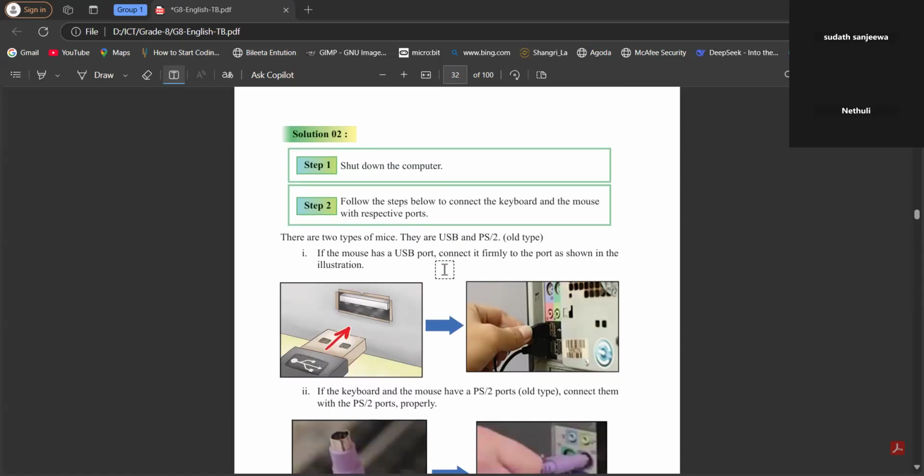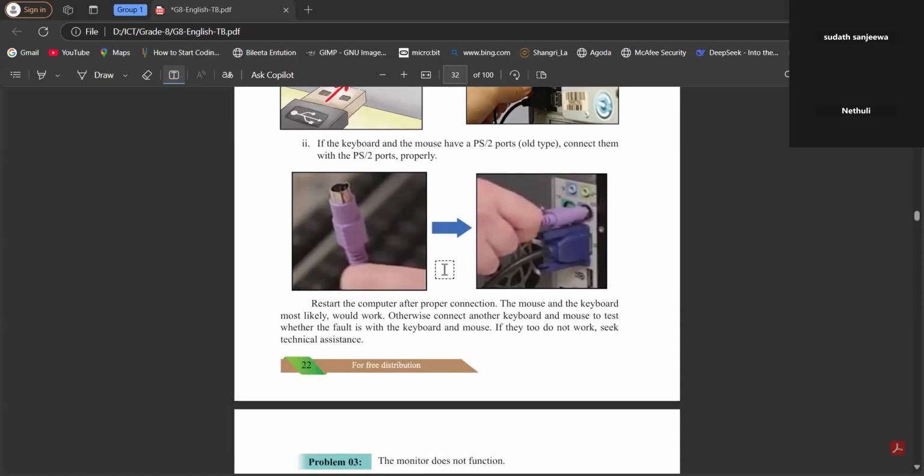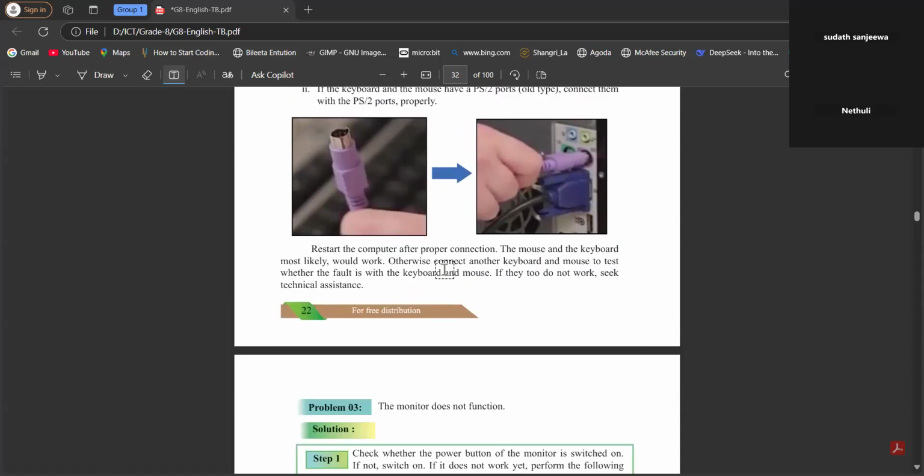We can remove the cables and connect those cables again. Then we can check whether this problem is solved. When we do this, if it is working, that's all right. If it is not working, keyboard or mouse, that can be a problem of keyboard and mouse, right? We have to replace. If the problem exists further, we can replace this mouse or keyboard with a new one,